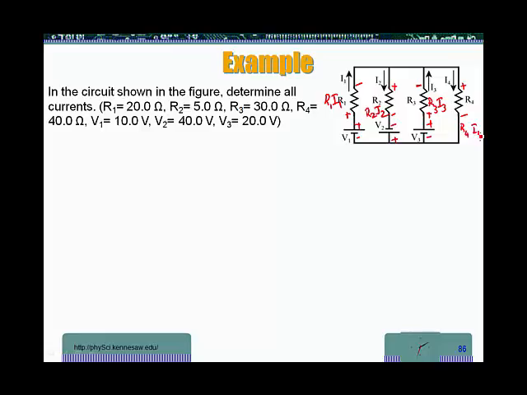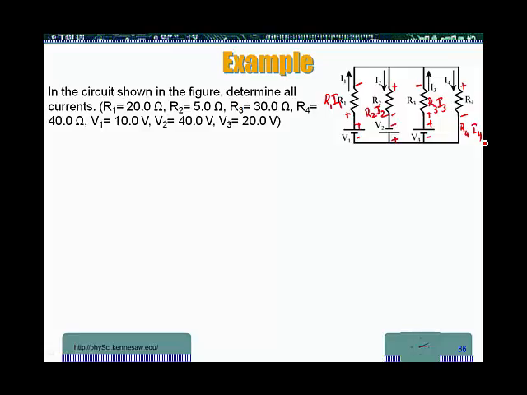Okay, now we have that out of the way. The next thing is to use Kirchhoff's voltage rules. We are going to start one loop at a time. I'm going to just use the loops as we see them here. The first loop includes R1 and R2. The second loop would be the middle loop that includes R2 and R3. And the third loop I will use would be the rightmost loop that includes R4 and R3. I could have chosen another combination that has the overall big loop that includes R1 and R4, but I'm not